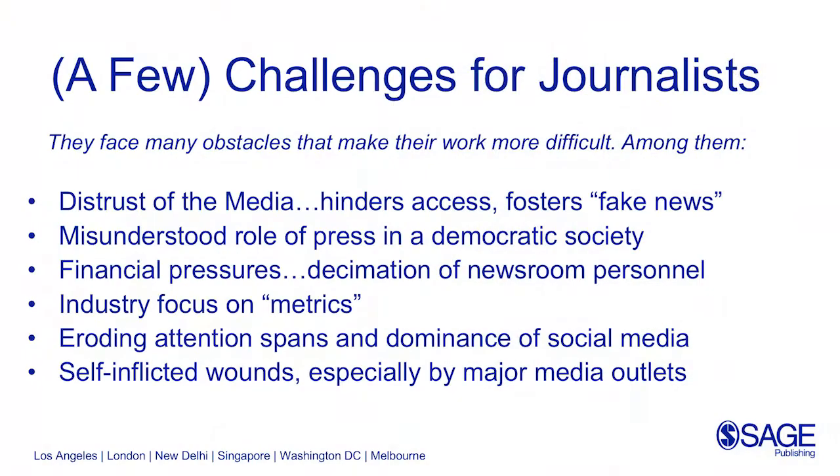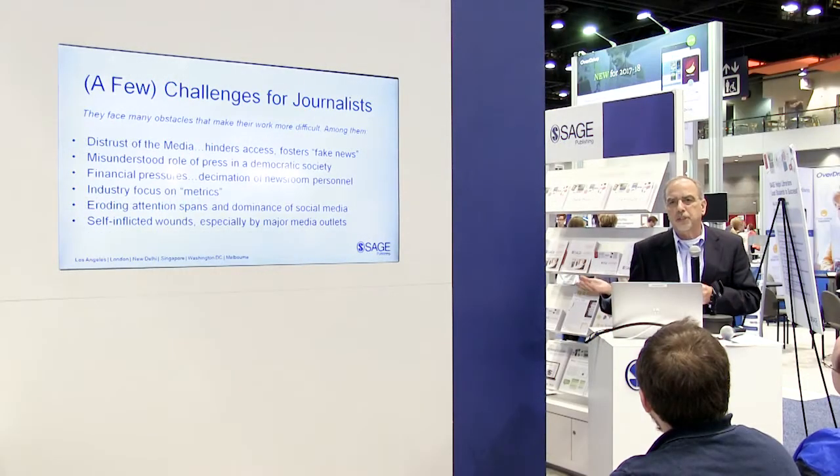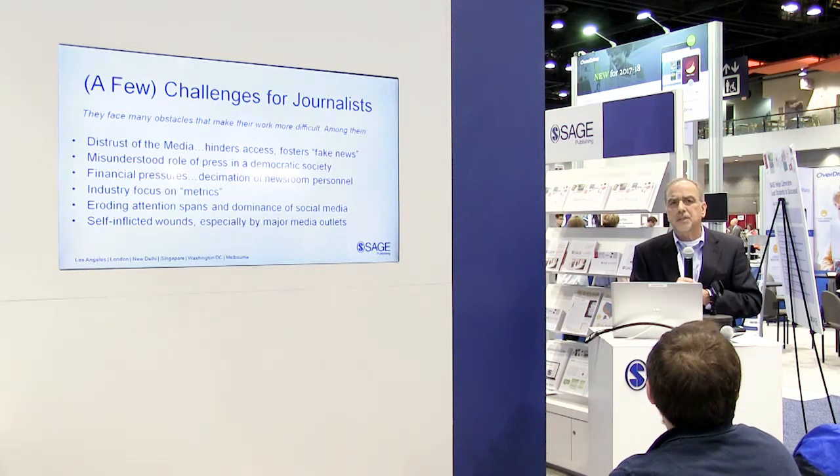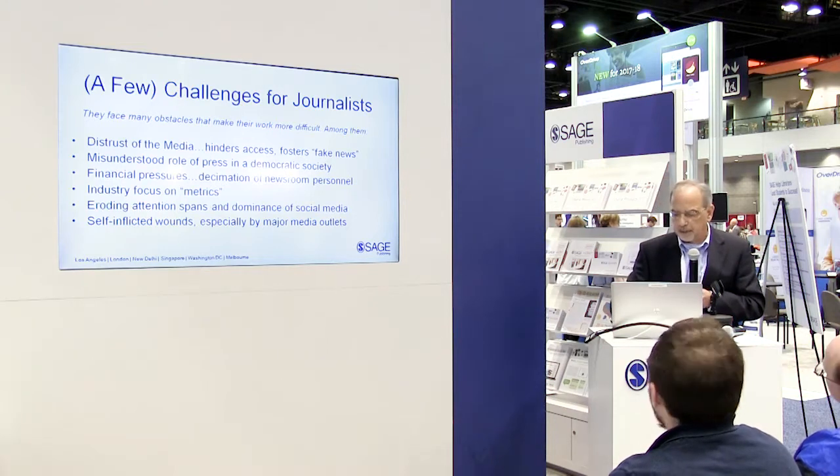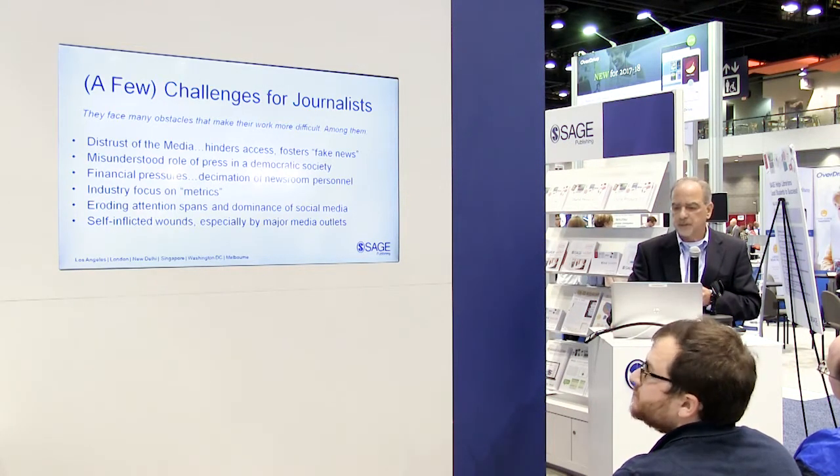Eroding attention spans, librarians know this. Students and other people are distracted through social media, they're not paying attention, and it's hard to get their attention. And then the press has created some self-inflicted wounds that have helped to create this atmosphere of mistrust. Just last week, the Wall Street Journal fired its primary international affairs reporter for some unethical behavior. And there have been a number of other instances where the press itself has made mistakes that have helped to foster this